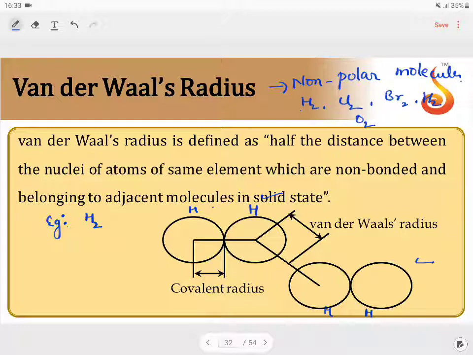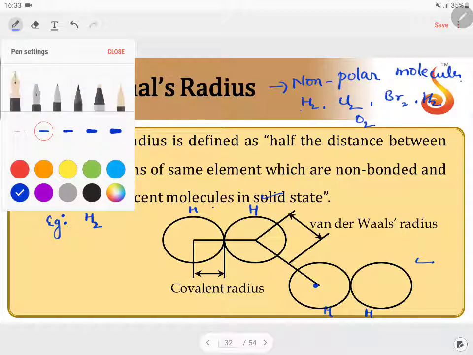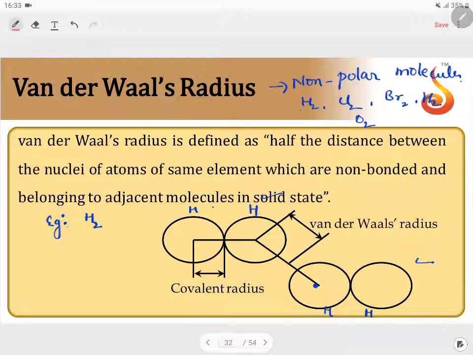So van der Waals distance or the radius is nothing but the closest approach between two molecules. Suppose you have two molecules, how close the two molecules can come in, that's nothing but van der Waals force. Now, let us assume that these two H2 molecules come closer to each other only to this distance. I'm going to mark it now. So this is the maximum closest approach.